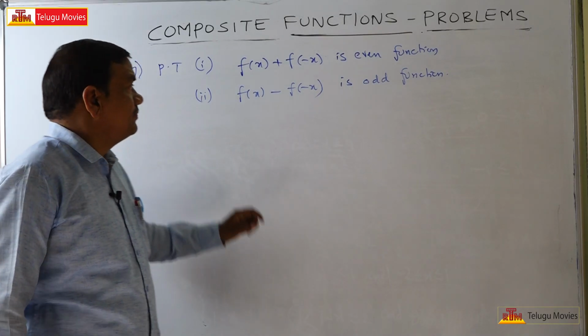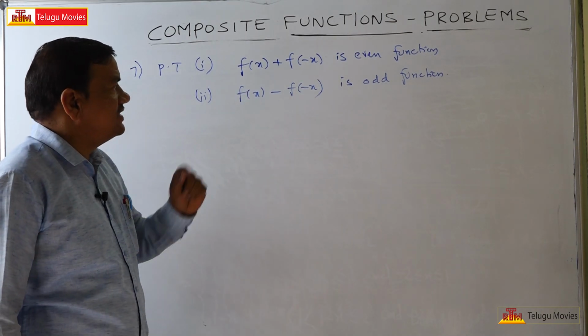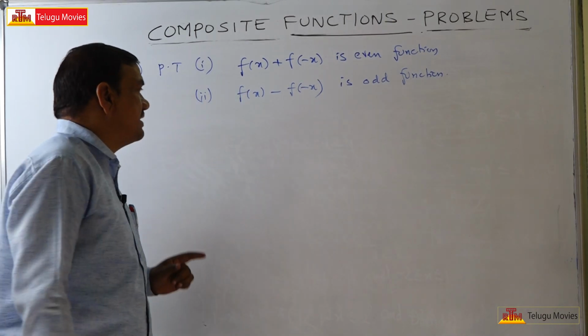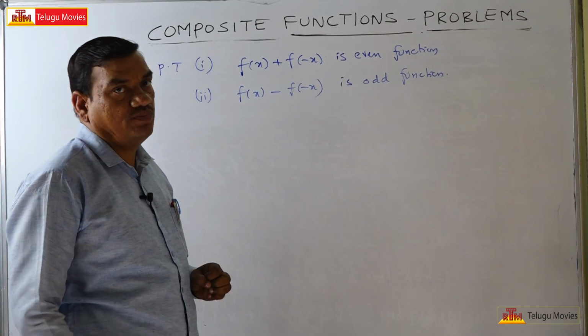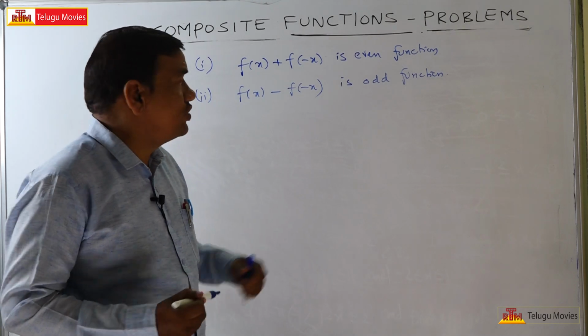Welcome to this problem. This is a proof that f of x plus f of minus x is an even function. F of x minus f of minus x is an odd function. He is asked to prove. Very easy problem. So first, before starting this problem,